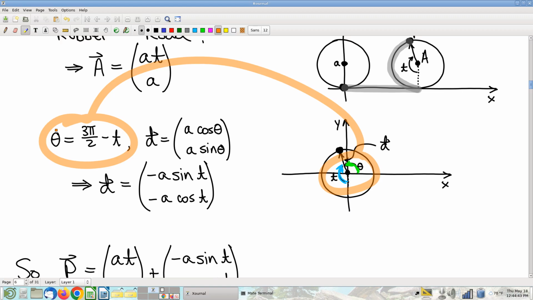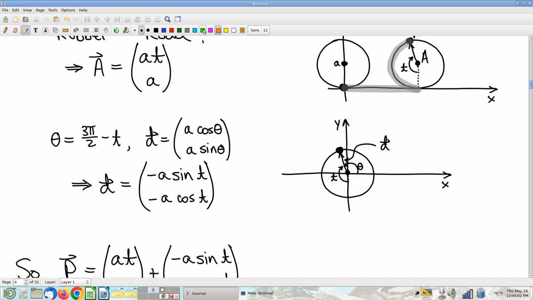You look at how those angles are defined, and as the thing moves, t gets larger, theta gets smaller, but in total they add up to 3 pi over 2. Is that cool? So t is increasing, theta is decreasing. If they add up to 3 pi over 2, then I can just solve for theta. This angle theta that I had written things in terms of over there is just 3 pi over 2 minus t, and a little bit of trig,